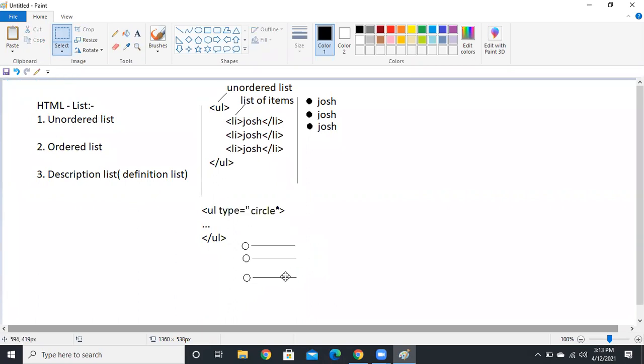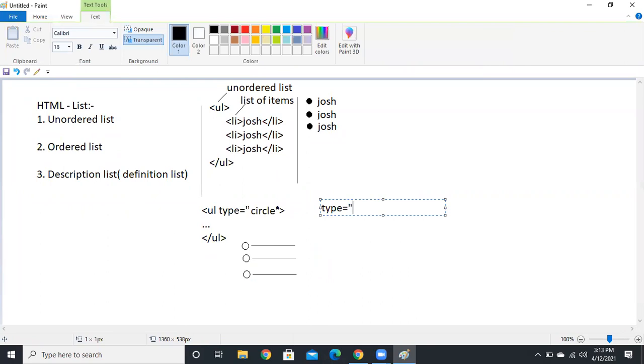By default you have a disc only. If I use type equal to circle, you will get circles, and you can change it like type equal to square. Then you will get square boxes, guys.